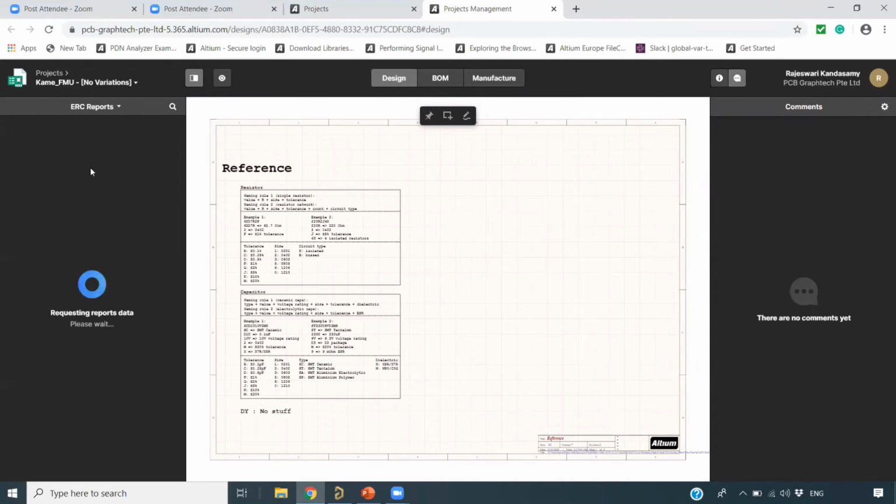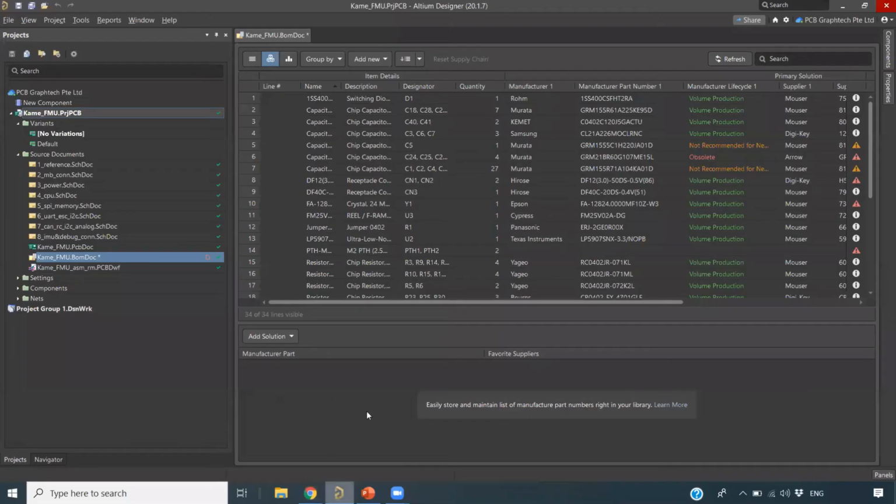It's still loading for me. Okay, loading. I think my internet is a little bit slow. Let it load for a while. I will just go to the software and then we will see another feature before it loads. I don't know why it is slow now. Okay, so we go to the software.